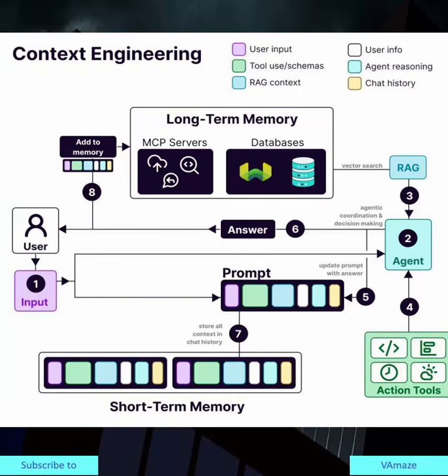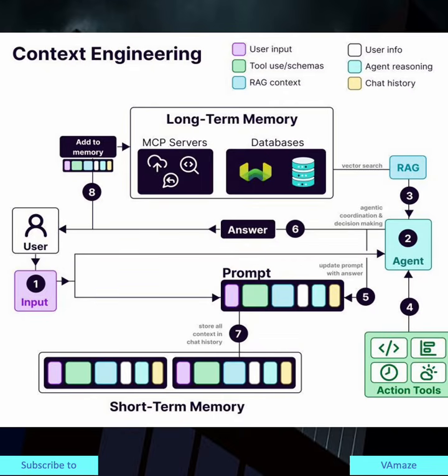Context engineering, the evolution beyond prompt engineering. The great paradigm shift from prompts to environments. We're witnessing a fundamental transformation in how we build AI systems. While the industry spent years perfecting prompt engineering, crafting the perfect instructions to get desired outputs, production reality has revealed